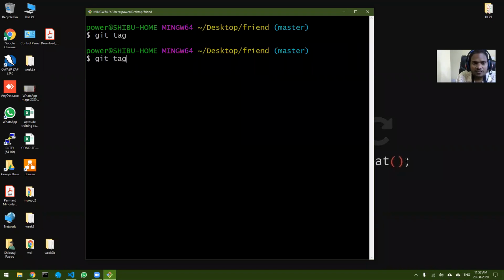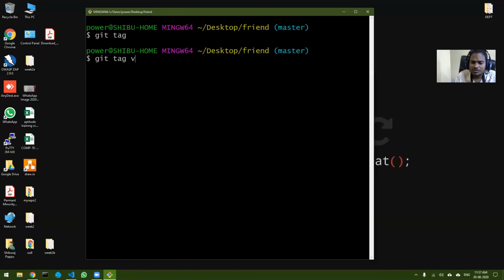Now if you want to add a tag, you just do git tag, and after that you write your tag. Here you can add anything, but as a standard, what we normally do is we put a V. Now this V stands for version. This V is not mandatory. Some developers put it and some do not.